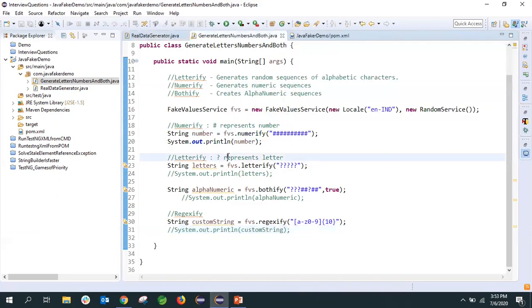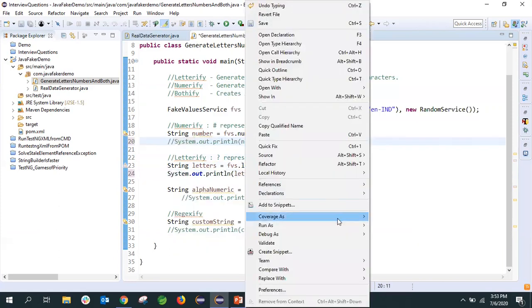Let's come to the second part, that is letterify. It will generate only characters. A question mark represents a letter. I have defined 5 question marks as the parameter for this letterify method. Let's run this one and understand what it prints.